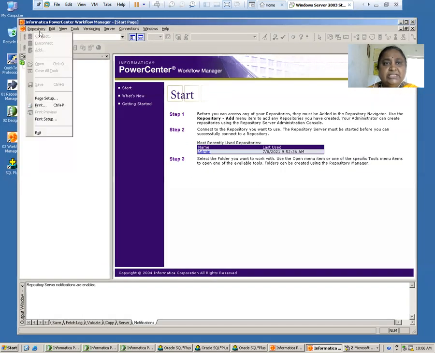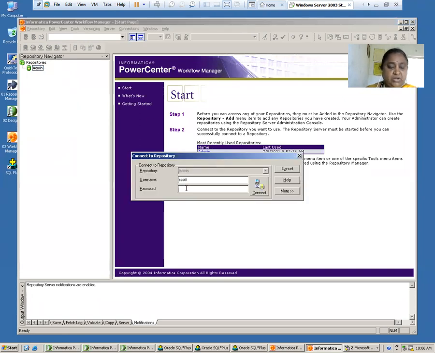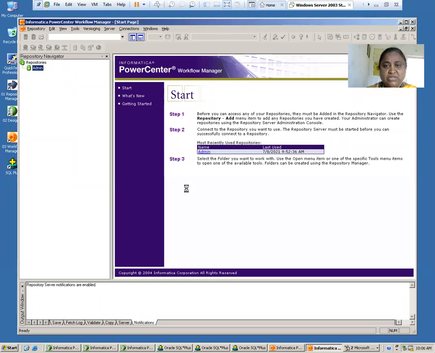In this IDE, we can click on the admin connect. Always the username and password are scott and tiger. And what is your repository? Because I am working in this repository, it is 19121F0039. So I click on the repository. So I can see here tasks, sessions, and workflows. You will be working with these three.